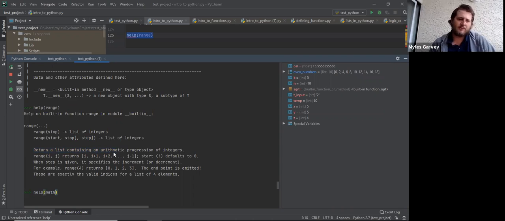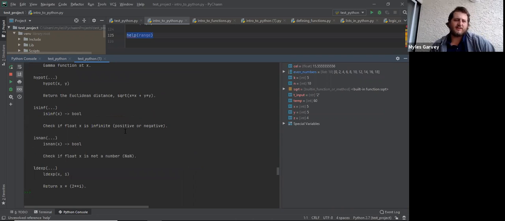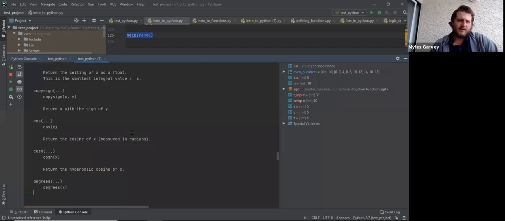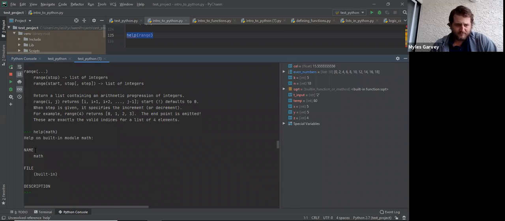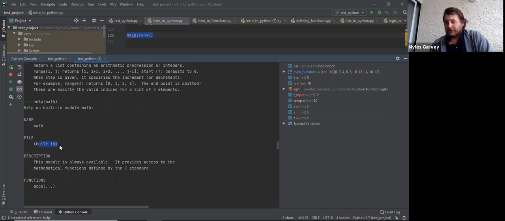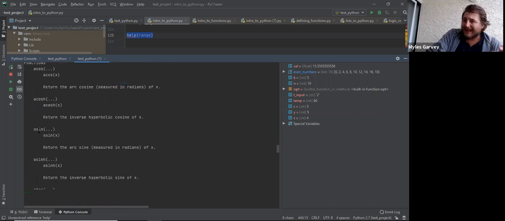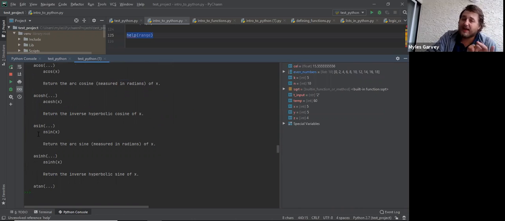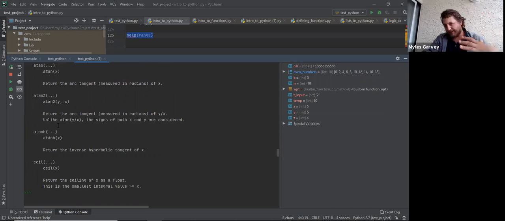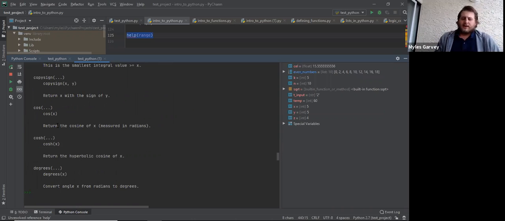I believe you can do the same with packages, which, as you can see, that's what we just did. So if you wanted help with the math package, as you can see, you get the name of the package. Where is that package located? This is a built-in package, so we didn't need to do any external installations there. And then it gives you all of the names of the functions that are contained in that package. So once you have brought that package into Python, you have now made all of these function names available